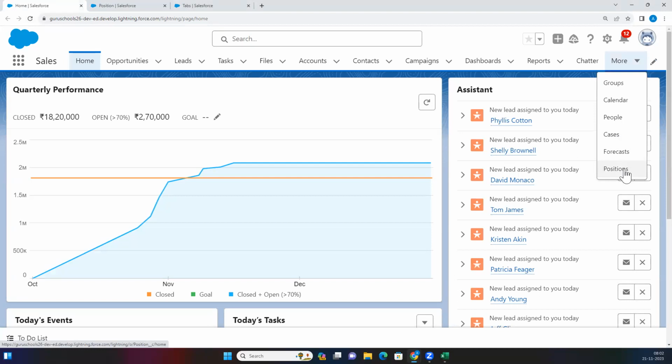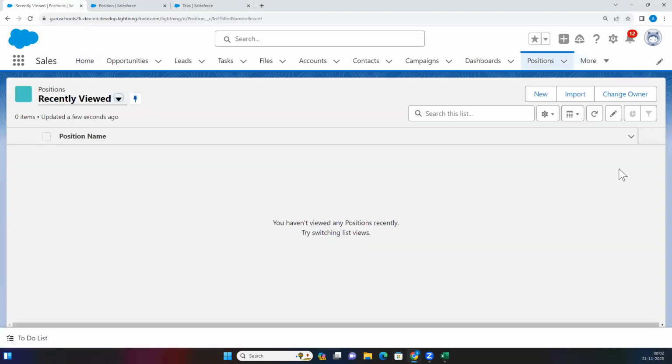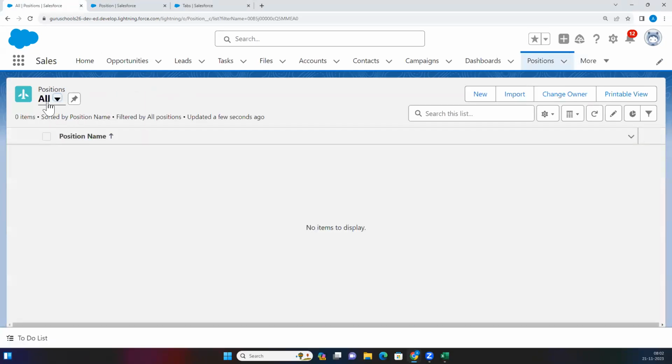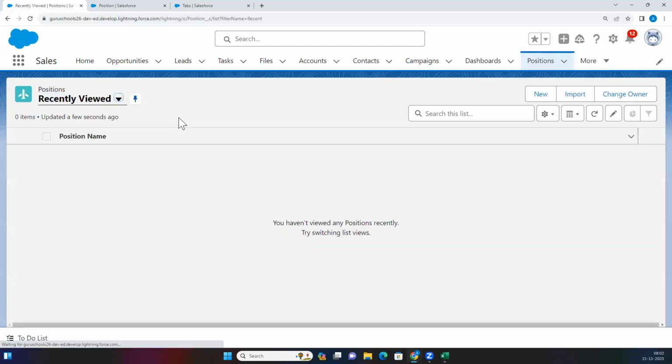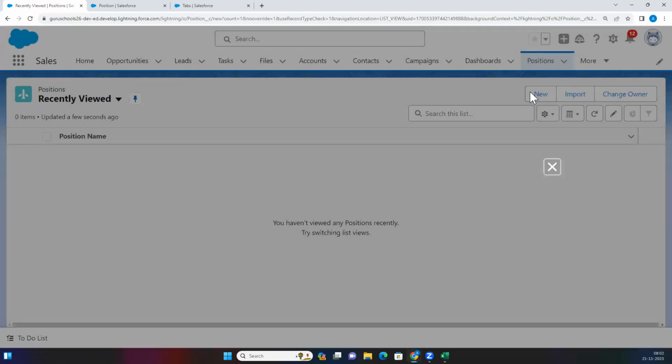Now it is showing the position tab, right? So I'll click on it. It doesn't have any records as of now because it's a newly created, empty object. So now when we are going to create a new record in the system, I'll click on this new button,